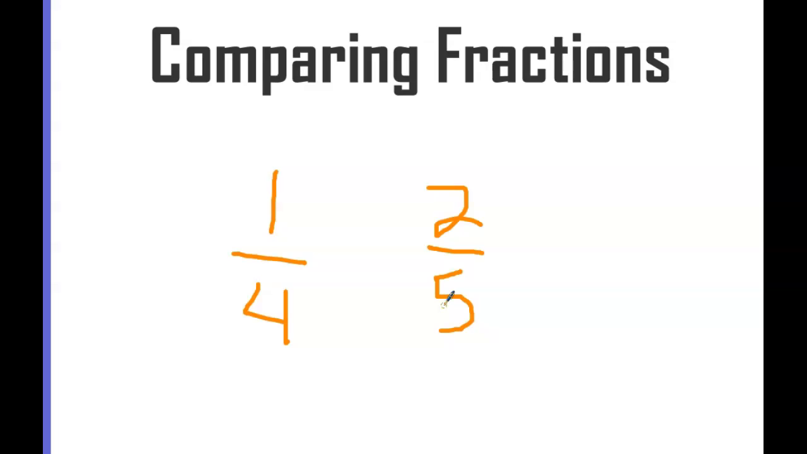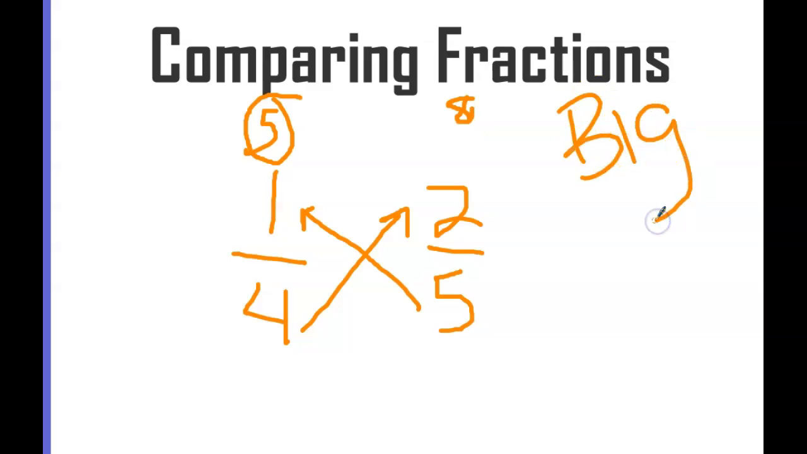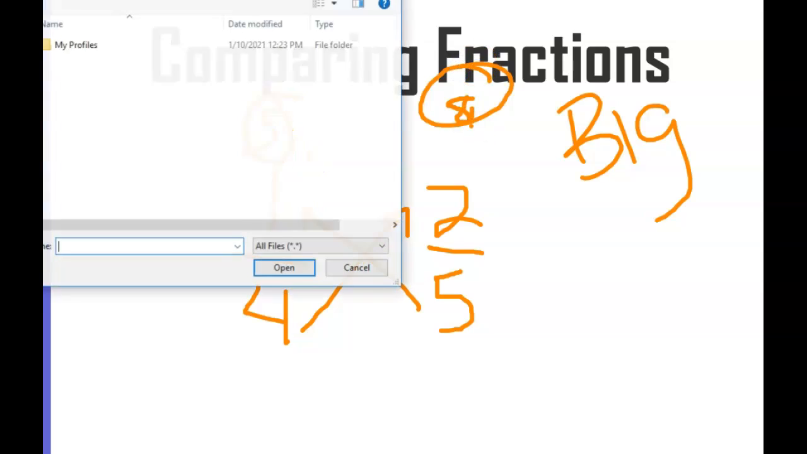In order to compare the fractions, we're going to do the same thing we did to find equivalent fractions. We're going to use the butterfly method. So again, we're going to multiply 5 times 1. I know 5 times 1 is 5. And then I'm going to multiply 4 times 2, and I know 4 times 2 is 8. So when I look here, remember I said I want to look for the bigger fraction, right? So I know that 8 is bigger than 5. So that means that